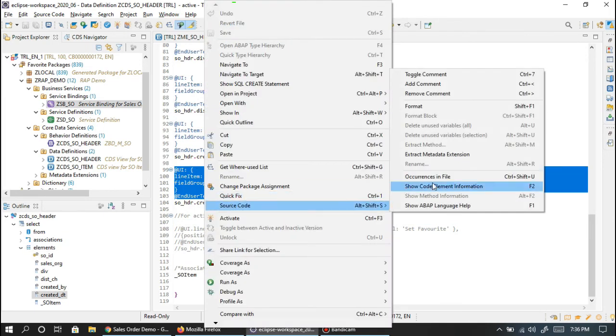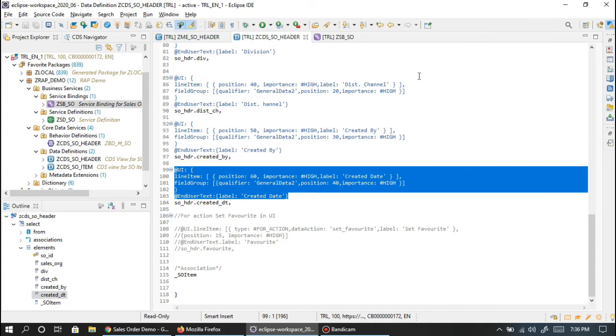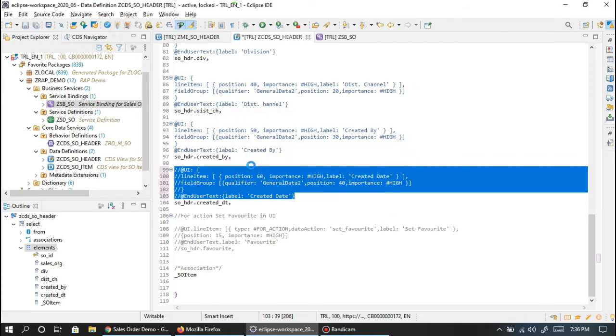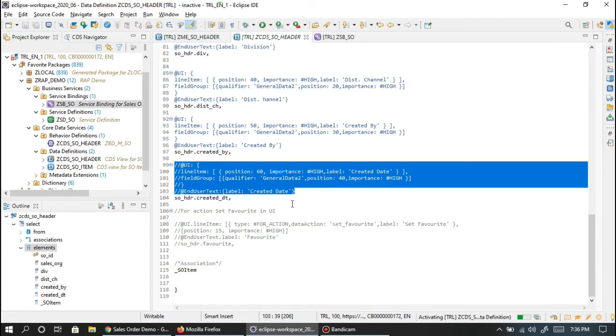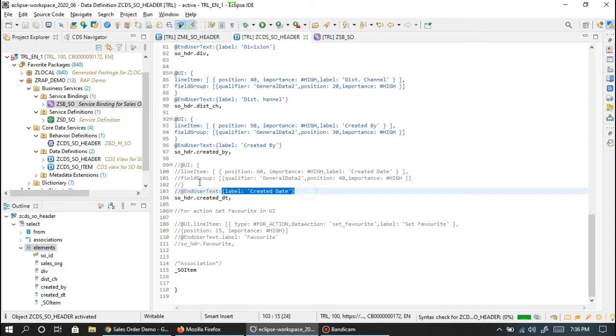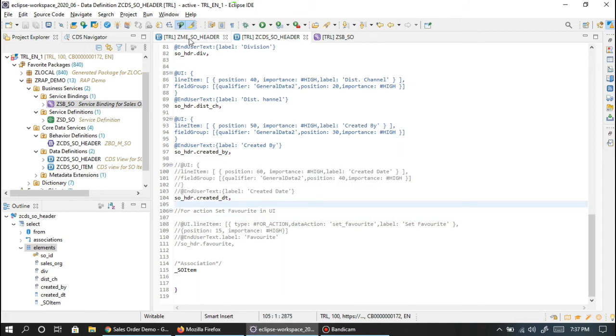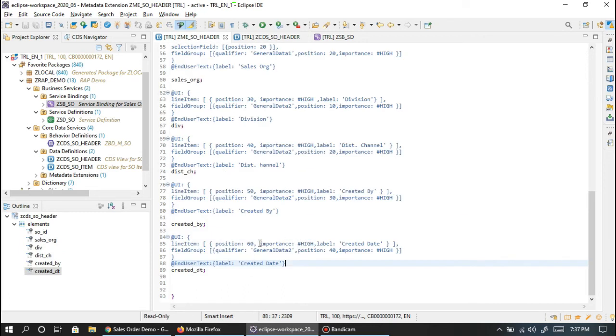I'm just toggling the comment and activating it. So my CDS doesn't have this annotation for created date, but my metadata extension does have it.